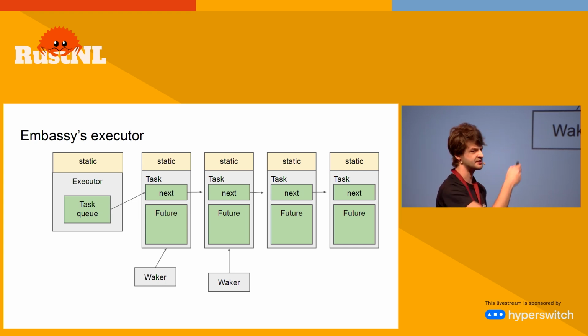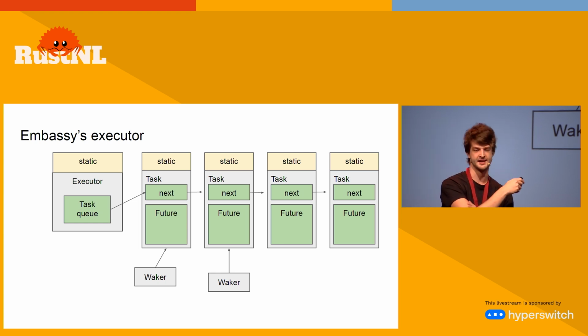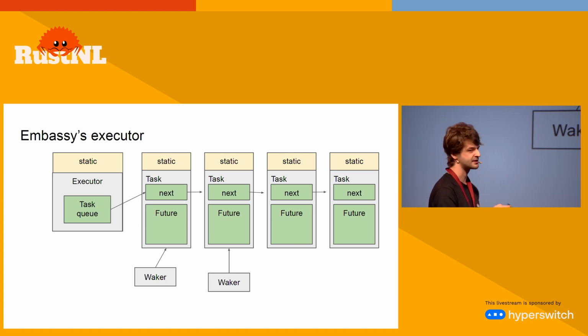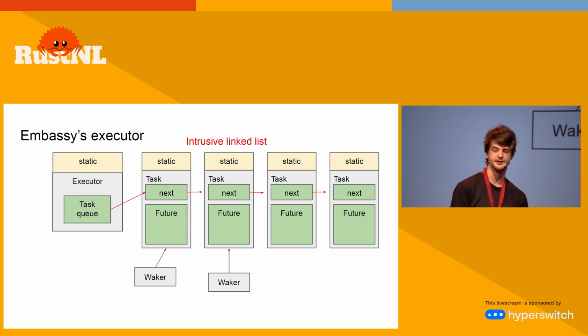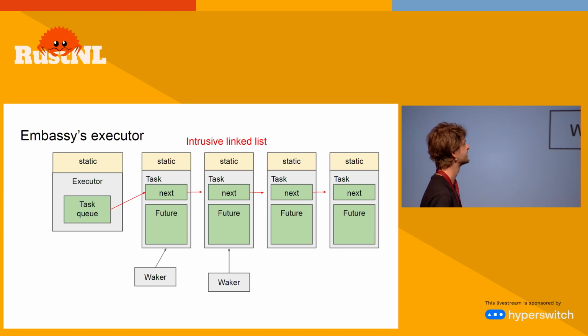Each task gets its own static variable with a task structure. Same idea: it wraps the task's top-level future with some extra bookkeeping data. And for the task queue, instead of using a dynamically sized queue, we use an intrusive linked list. Even if Rust is not great at linked lists, you have to use some unsafe. But the good thing about it is you don't need dynamically sized data structures. Every task you allocate has room for one pointer for the next task, and then the executor has a pointer to the first task.